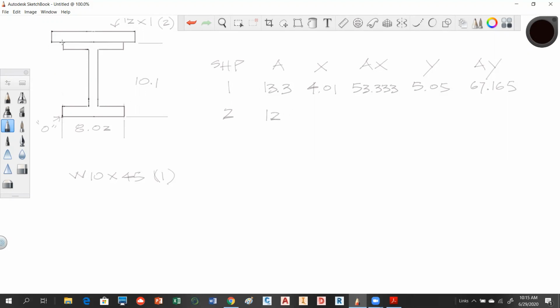The x distance, because this is placed symmetrically, the midpoint of that will coincide with the midpoint of the I-beam. So we're going to have the same distance over, at 4.01. If this thing was kicked one way or the other, that would be different. You'd have a different x value. But in this case, we've got symmetry again. So 12 times that gives us